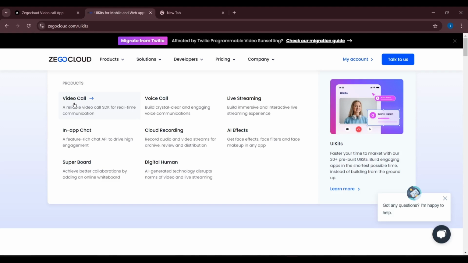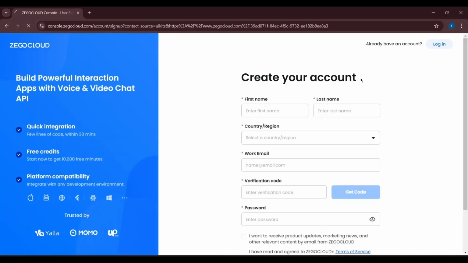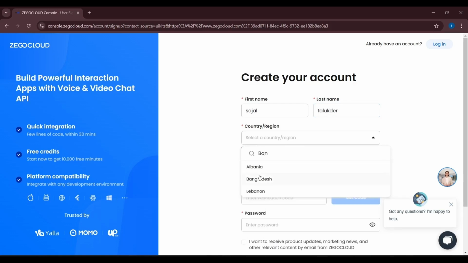And in this video, I am going to show you how you can build a video call application using ZEGOCLOUD. Now let's sign up to ZEGOCLOUD. So for this, I'm going to click here on the sign up button and it will redirect us to a sign up page. Here we need to provide some of our information to create our free account. So here I am going to put my first name, my last name, then I am going to select my country from here,